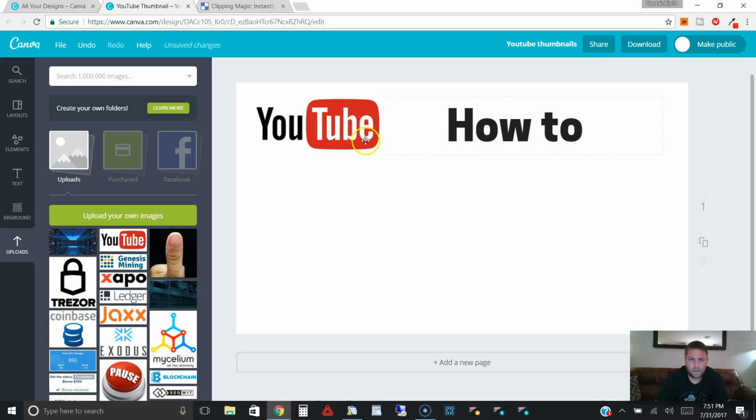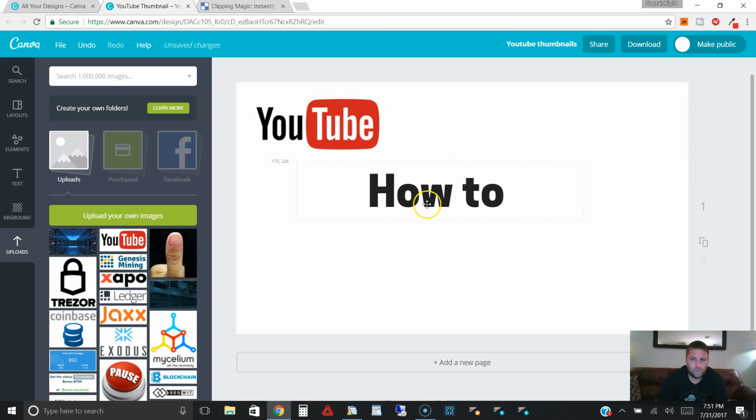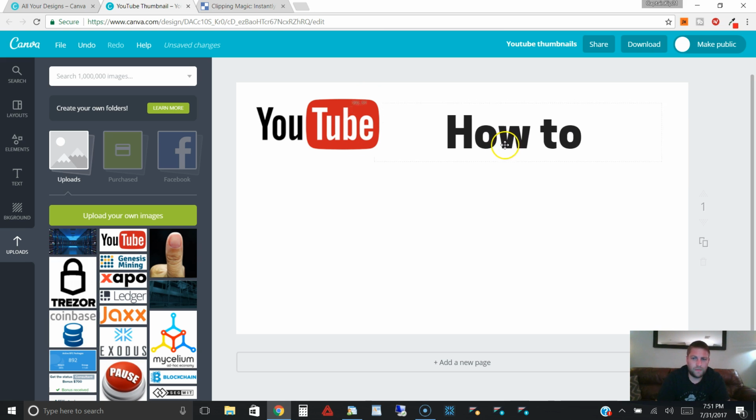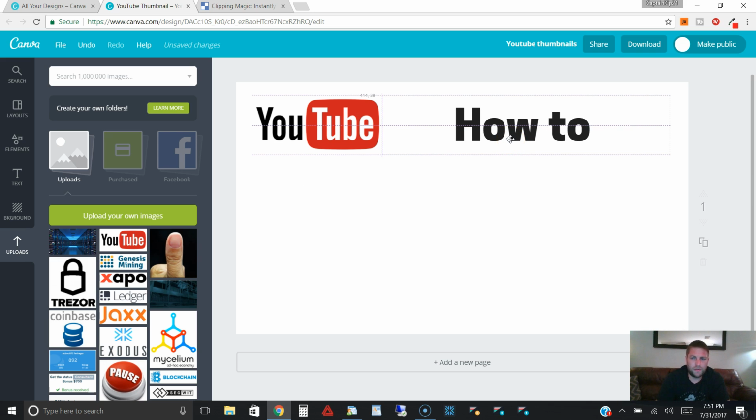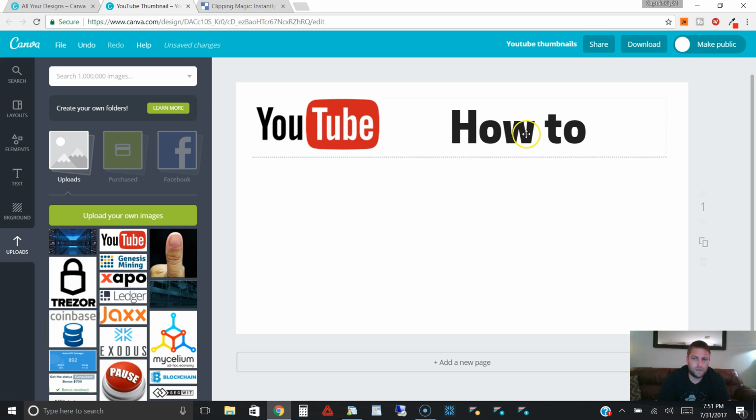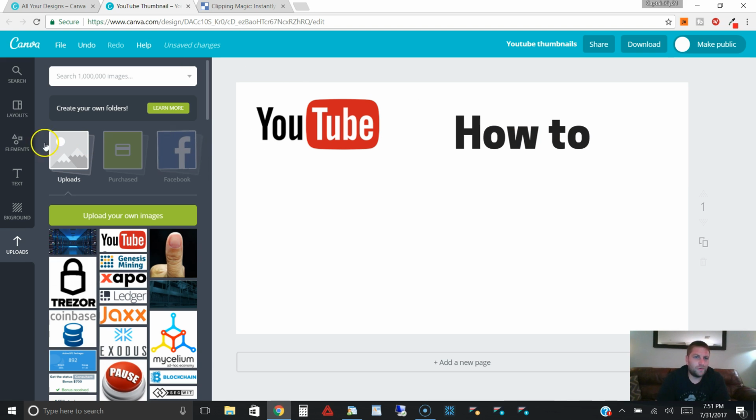And then once you put one image or text down on the page, instead of putting the blue lines popping up in the middle to tell you when you're in the middle, it will give you these blue lines to tell you when you're centered with whatever you just dropped on the page. So you can see now we're centered with this YouTube logo. A lot of times I like to make things a little bit off-centered just because I feel like it's more pleasing to the eye. So we'll just put how to